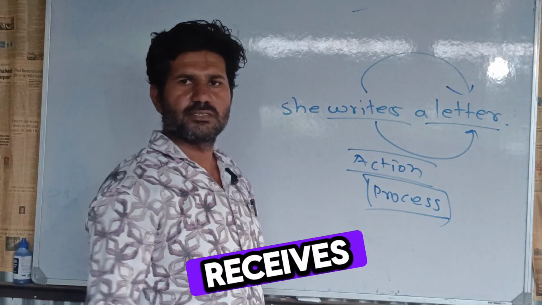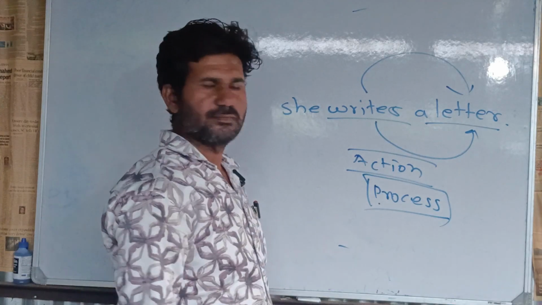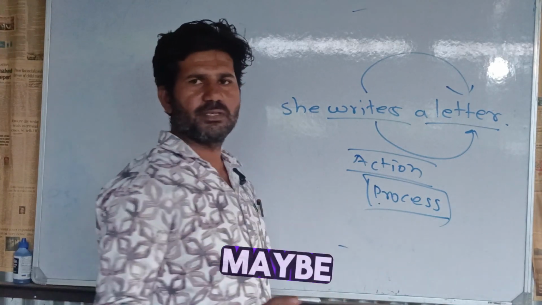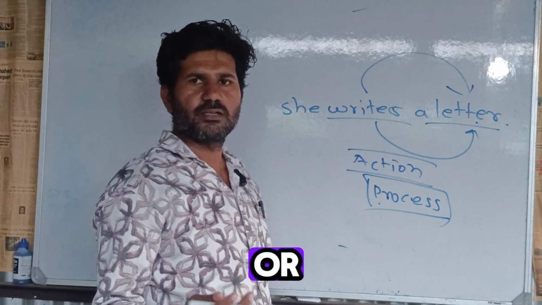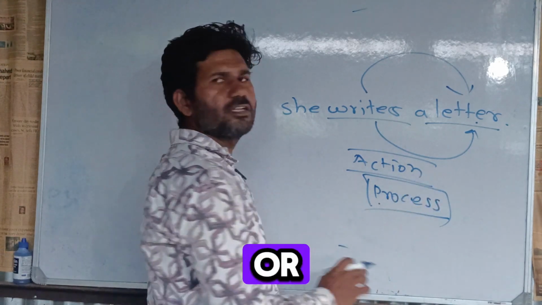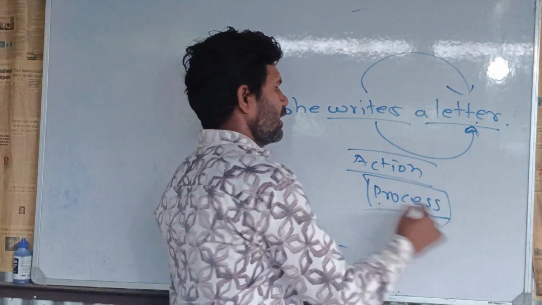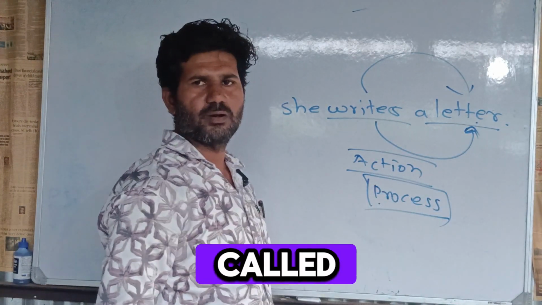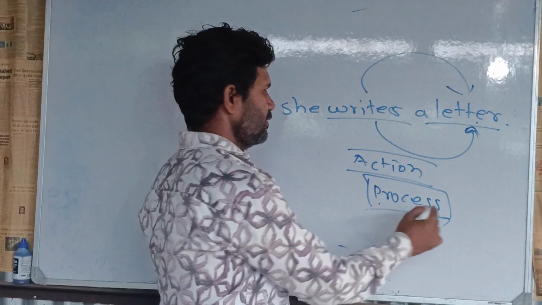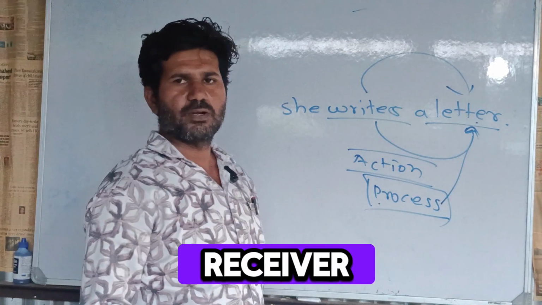Direct object receives the process, and that process may be changing the object, modifying, developing, creating, or destroying. The thing that the action directly affects is called the direct object. So, it is the receiver of the process,